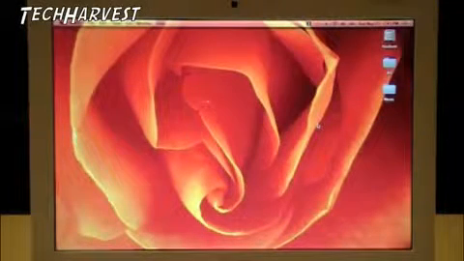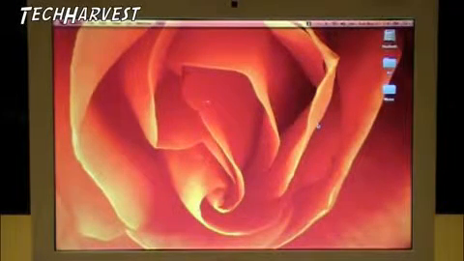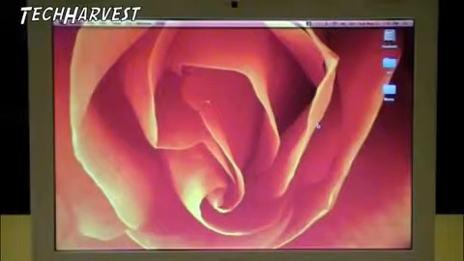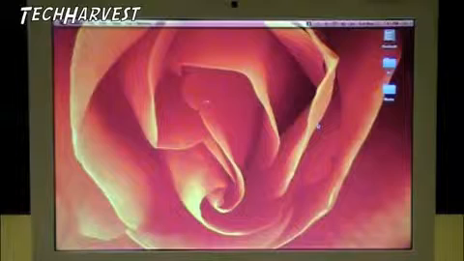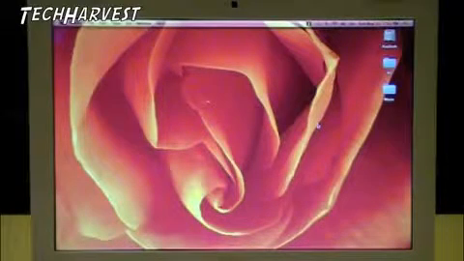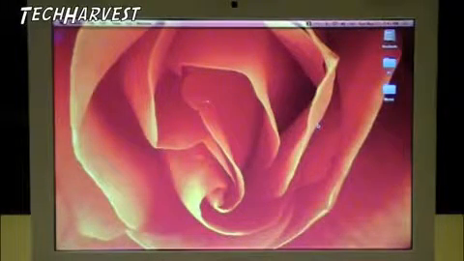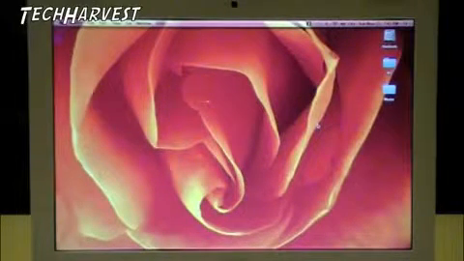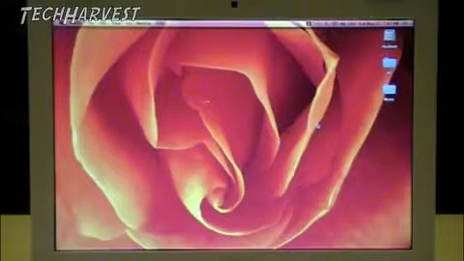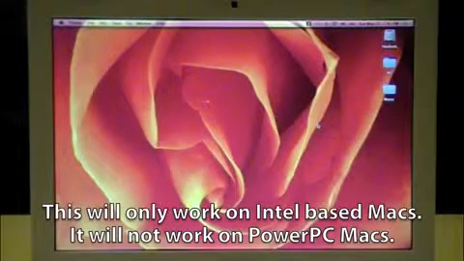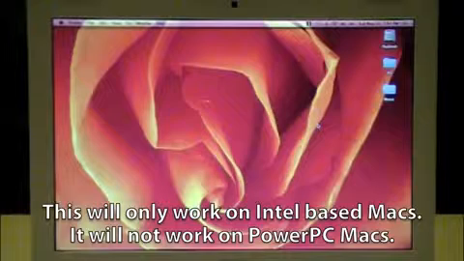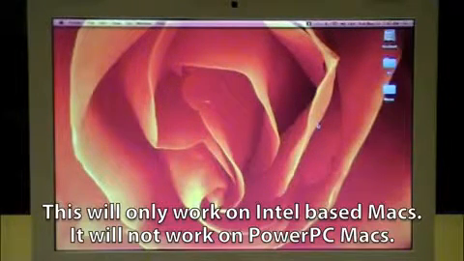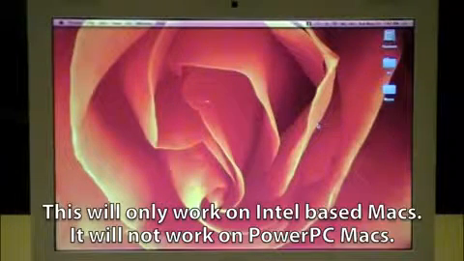Alright, welcome back. This video is probably going to be a series of videos. We are going to show you how to triple boot your Macintosh computer. In this case, I have a MacBook that I'm going to be using, but as long as you're running OS X Snow Leopard or OS X, this should work for you. I'm running OS X Snow Leopard on this machine. I'm going to be putting Windows 7 Professional on there, as well as Ubuntu